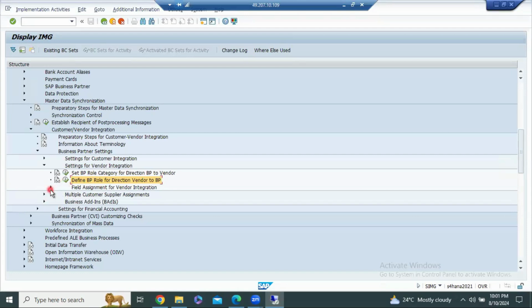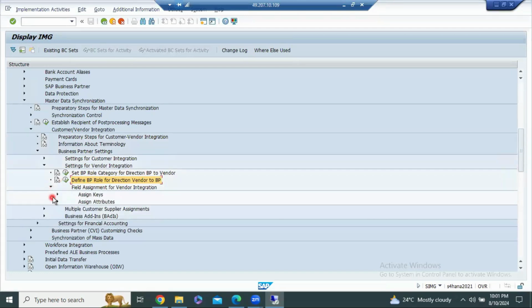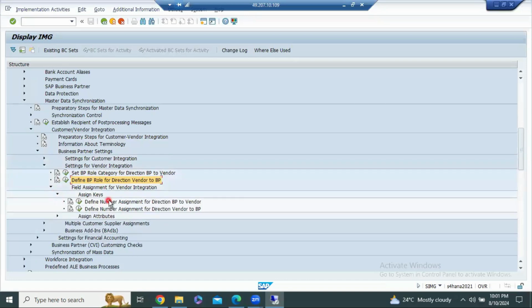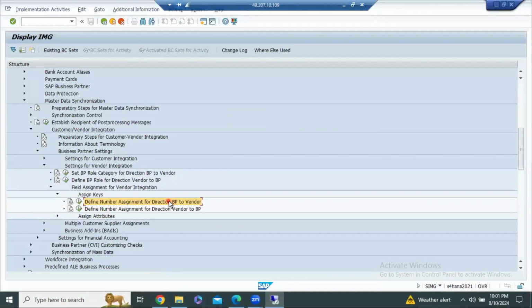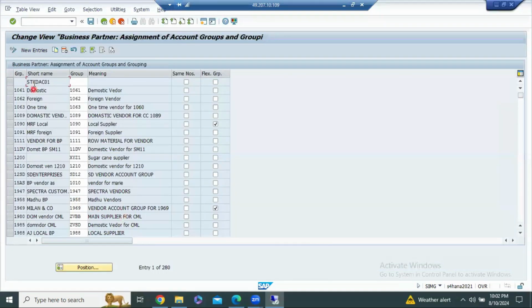But instead of that, you just go here, field assignments for vendor integration, assign keys. Yeah, assign keys, and here define number assignment for direction BP to vendor, right? You can see, define number assignment for direction BP to vendor. So just click on this, and here go for new entries,